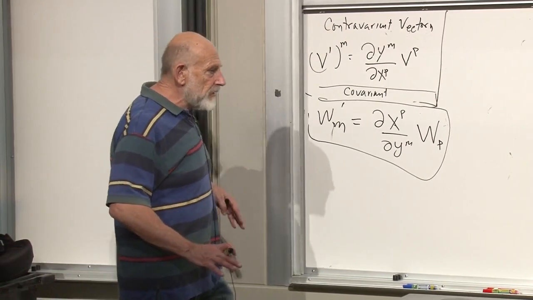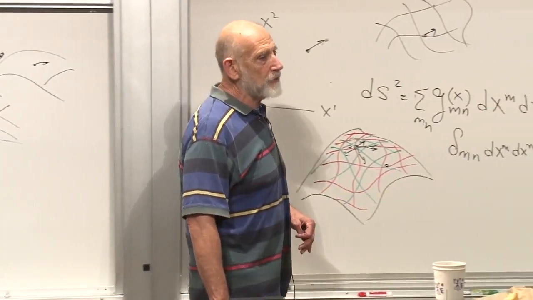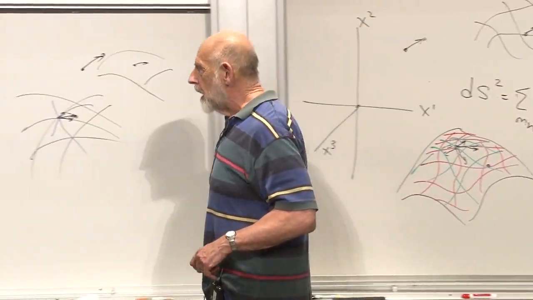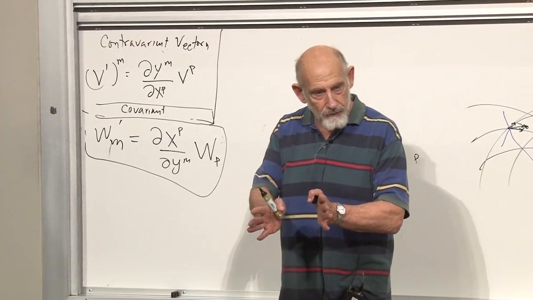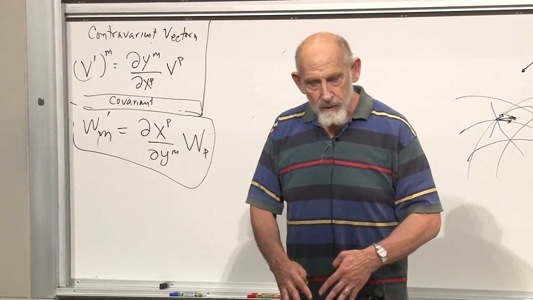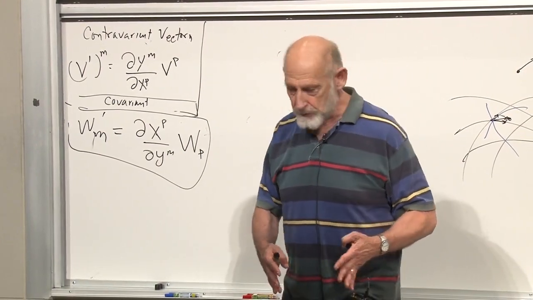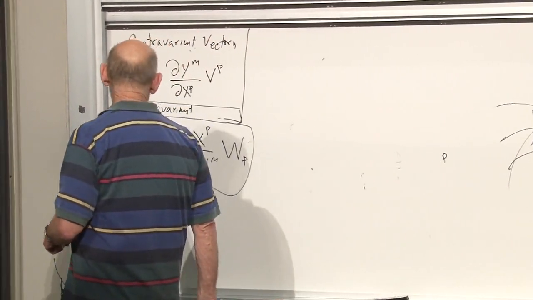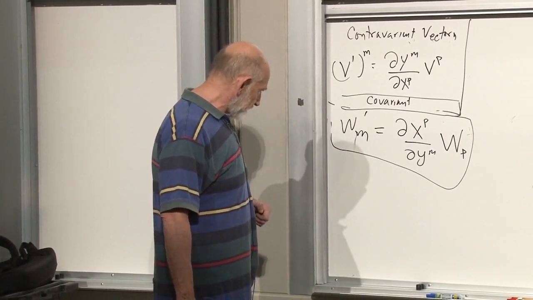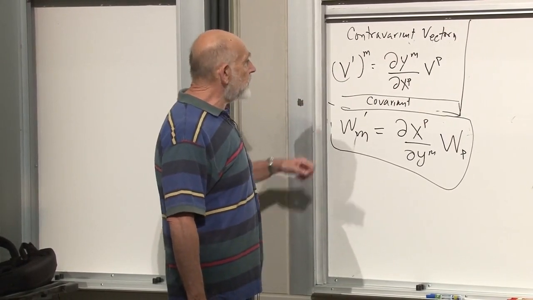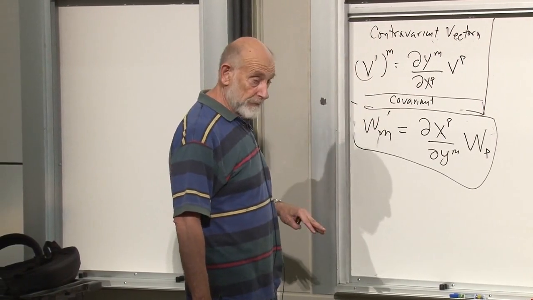And they just label the different coordinates. And notice there's nowhere in here which I've told you whether this is two-dimensional space, three-dimensional space, four-dimensional space, it could be anything. The dimensionality of the space, of course, is the number of different components. P could run from 1 to 4, it could run from 1 to 3, it could run from 1 to 2. But the formulas are exactly the same in every dimensionality. The formulas for transformation properties. Okay, so this is the notion of covariant and contravariant vector indices, vectors.